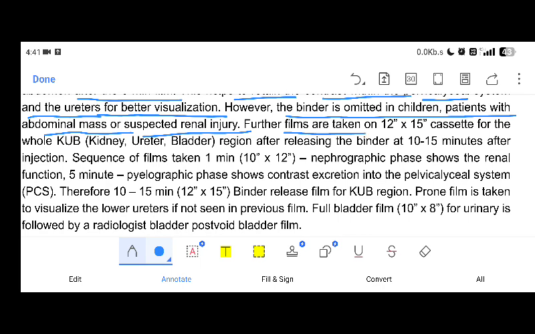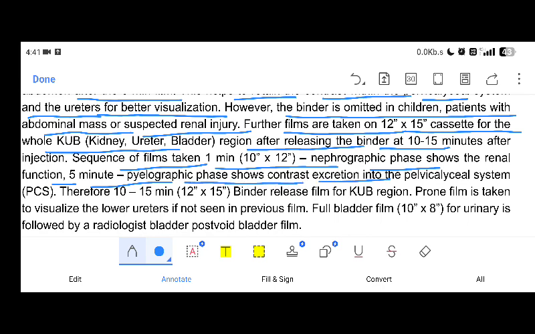Further films are taken, 12-15 cassette, for the whole KUB region after releasing the binder, 10 to 15 minutes after injection. Sequence of films is taken: 1 minute, 10-12, nephrogenic phase shows the renal function, and 5 minute pyelographic phase shows contrast excretion into the pelvicalyceal system,